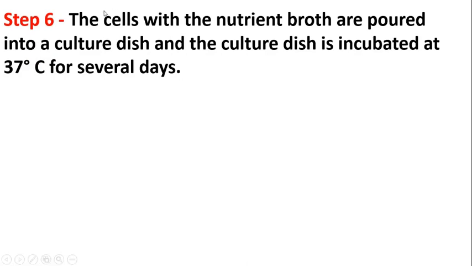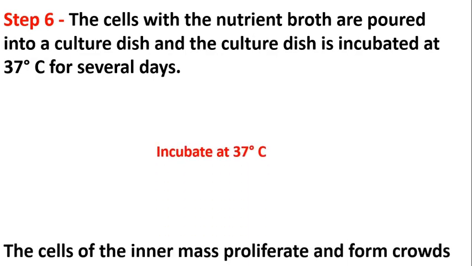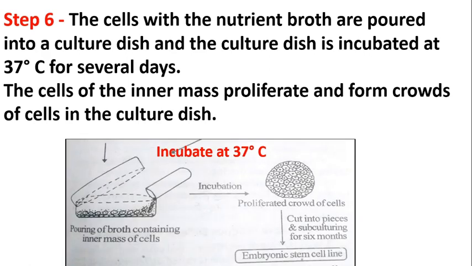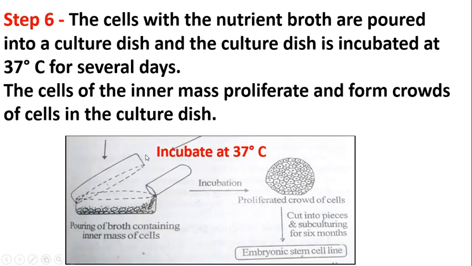So step 6. The cells with the nutrient broth which is present in the tube are poured into the culture dish, and the culture dish is now incubated at 37 degrees for several days. So this is the petri dish coated with feeder layer. Now we have to pour the embryonic stem cells from that tube, and this should be incubated for several days at 37 degrees centigrade. So now what will happen? These cells inside the petri dish